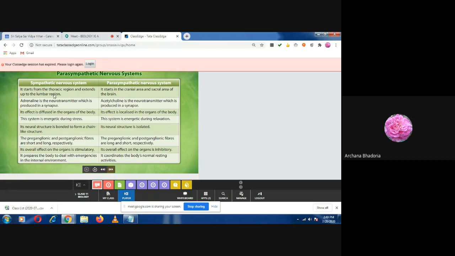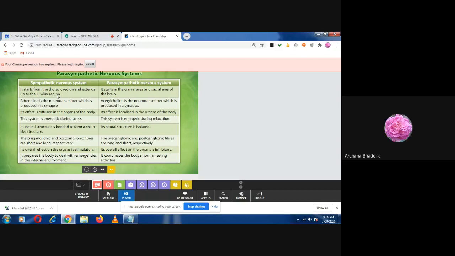Would you get it? The vertebral column present in your abdomen part, the back bone below the chest region, that we call lumbar. And when you see the waist part, where your waist comes, there your sacrum comes, the sacral part. So that is the cranial area and the sacral region. And the lumbar region is which one? That part of the vertebral column which is supporting your abdomen. Is it clear?